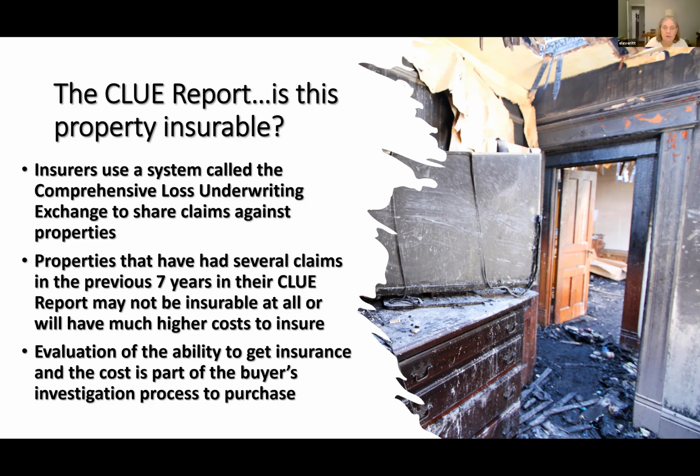Associated with the property. In California, it was one claim. Is that true here? They don't have any particular rule here. The insurers are free to make their own decisions, but I can tell you when they see multiple claims, they get really nervous. I've had people say, oh, a tree fell on my house, I'm going to call the insurance company. I said, no, wait a minute now. You better think about how much damage it actually did, and what the cost is. It might make sense for you to just pay to have it removed yourself if it didn't do a ton of damage, because the claim you file sticks with the property.